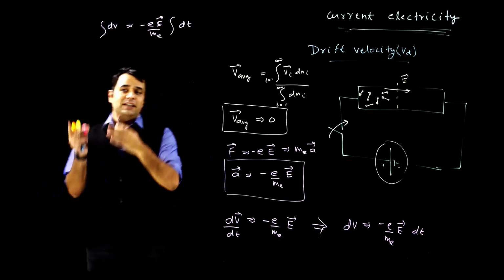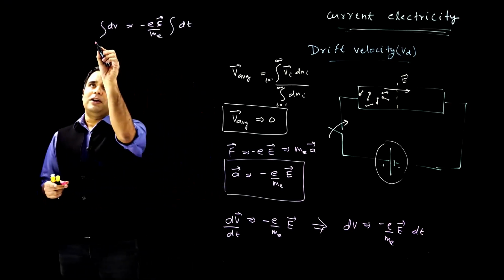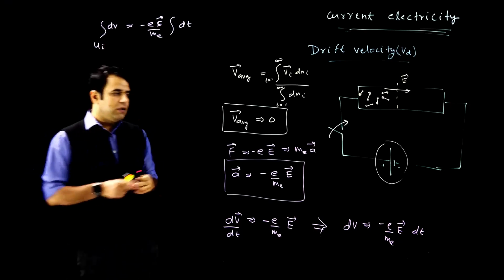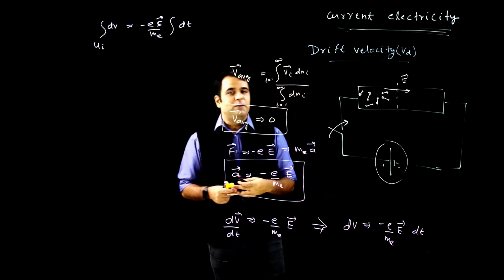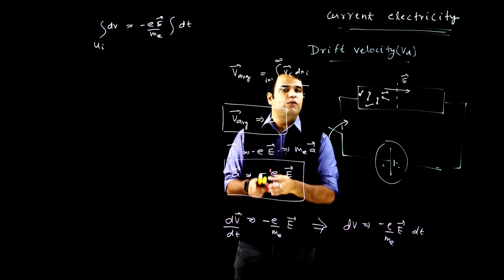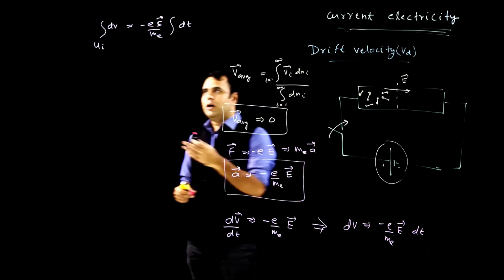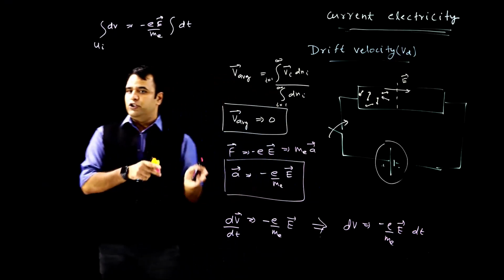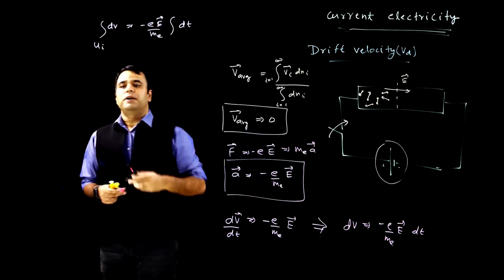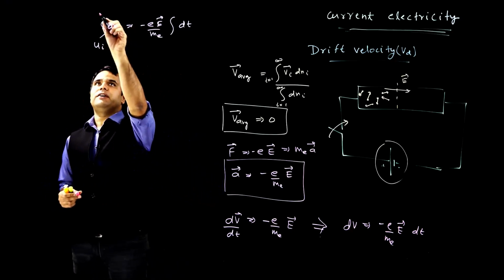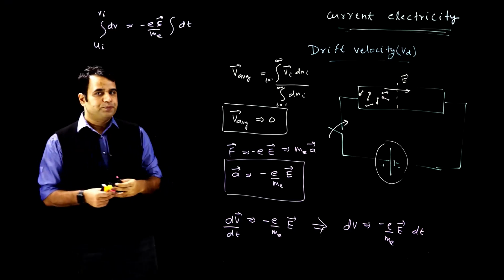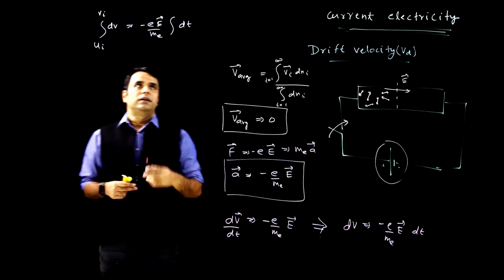So the initial velocity for these electrons, I am calling that velocity ui. Since we are talking about the ith electron, and there are a number of electrons, the same equation will be applicable for each and every electron. So the lower limit, basically, I am talking about the individual particles. Some ith electron, initially it was having ui velocity, and its final velocity becomes vi due to this in